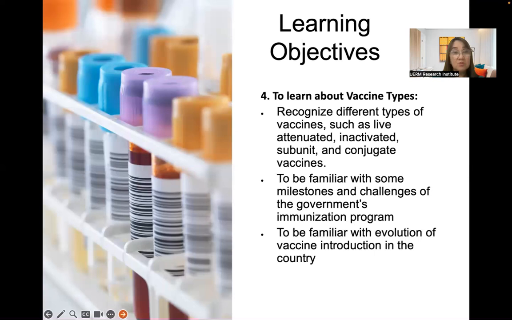Number 3 is to learn about vaccine types, to recognize different types of vaccines, such as live attenuated, inactivated, subunit, and conjugate vaccines. To be familiar with some milestones and challenges of the government's immunization program, to be familiar with the evolution of vaccine introduction in the country,